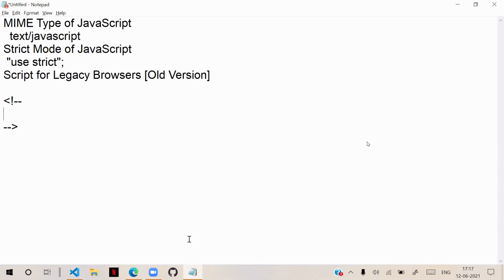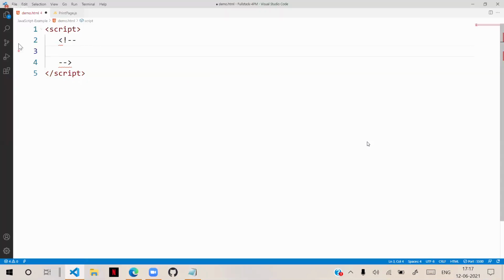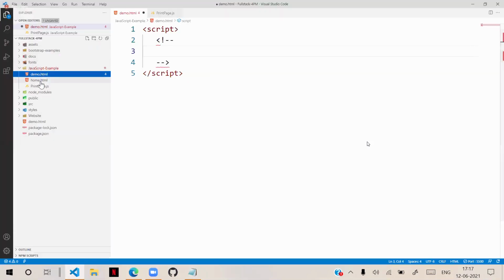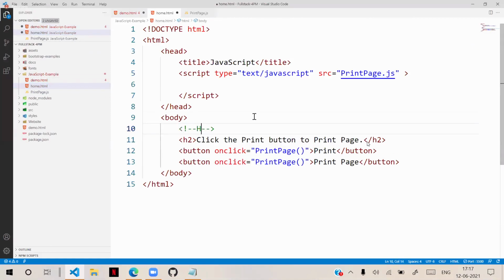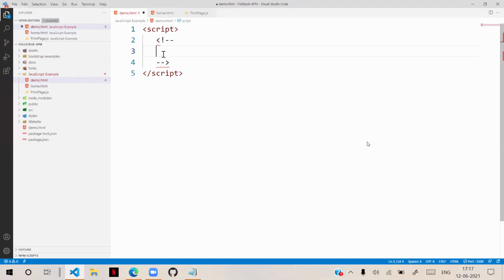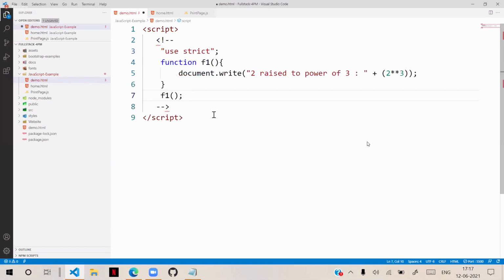So this is HTML comments. In HTML, if you want to write comments, we write like this, so that HTML will not try to translate them or use them as elements. We write like this. Now we write the script in HTML comments. We are writing that script, the function, in HTML comments.